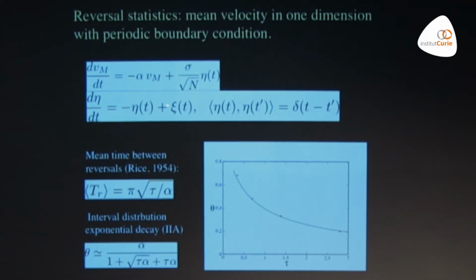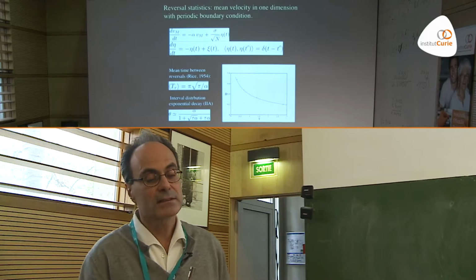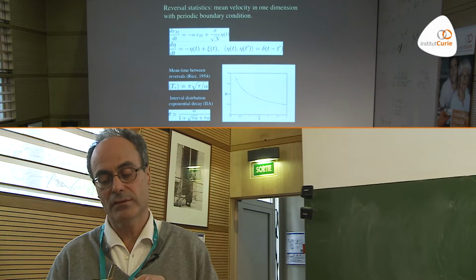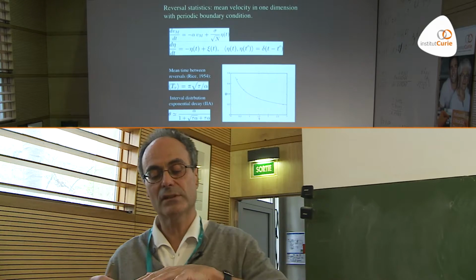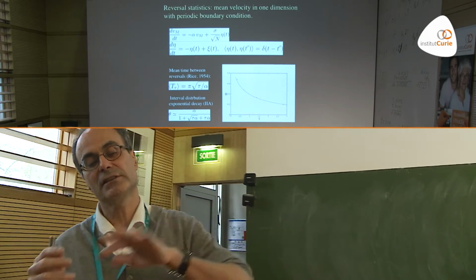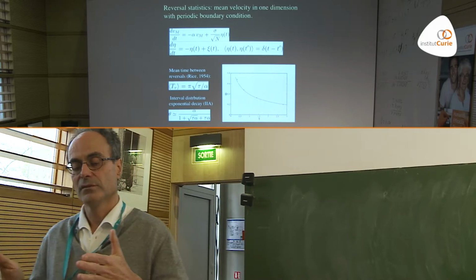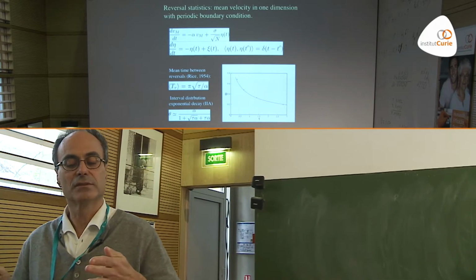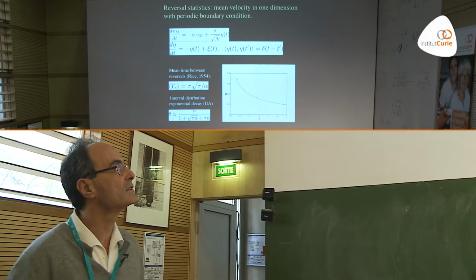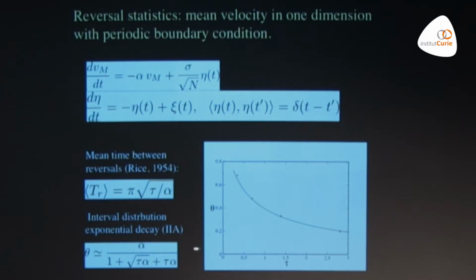But the statistics of zero crossings, so the velocity is going in one direction, then changing direction, and if you want to look at the period, you want to look at the statistics of the interval between zero crossings. This is a quantity that even for a Gaussian process nobody knows how to compute exactly, but there are